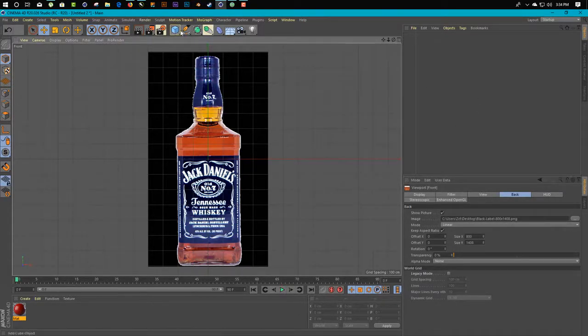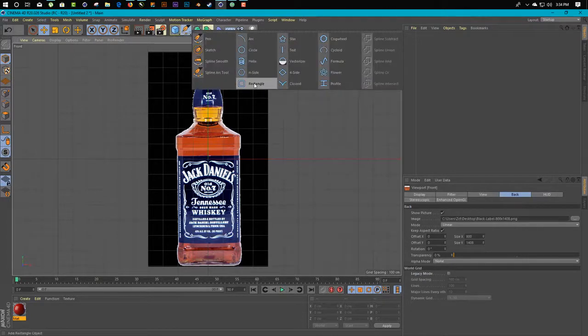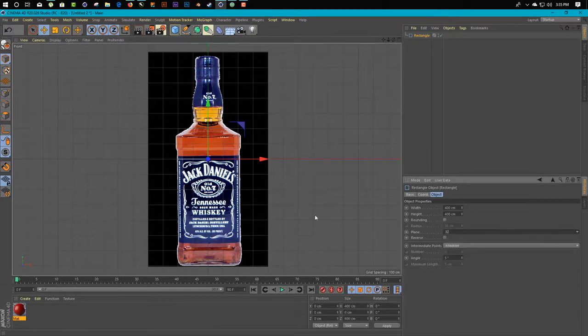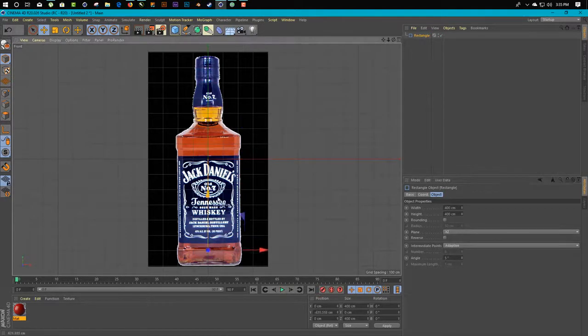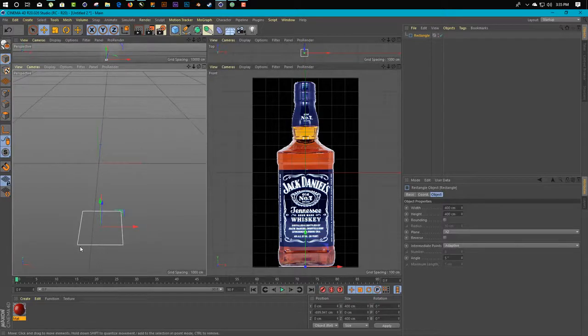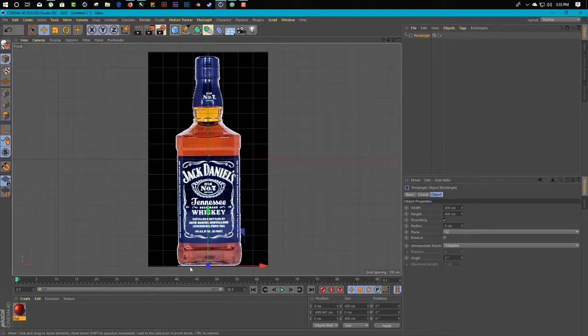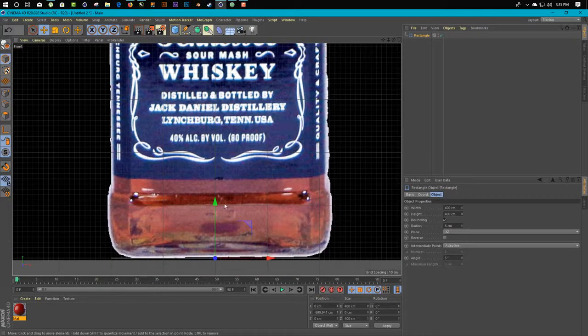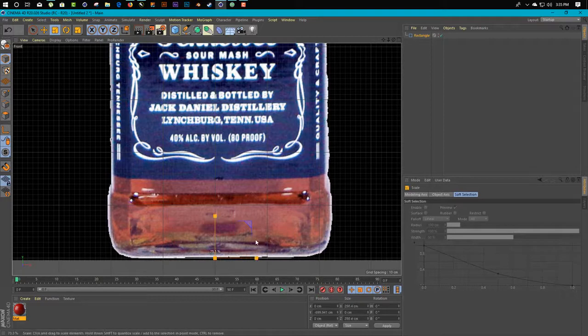Now we simply start with our rectangle spline and change the plane to XZ, making sure it's centered in the bottle, like that. We give it a little bit of rounding: just click on rounding and make it a little bit slow. Okay, we need to follow all these curves and shapes on the bottle. So we just start from the bottom here like that,